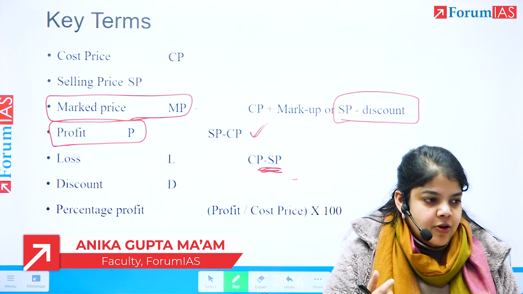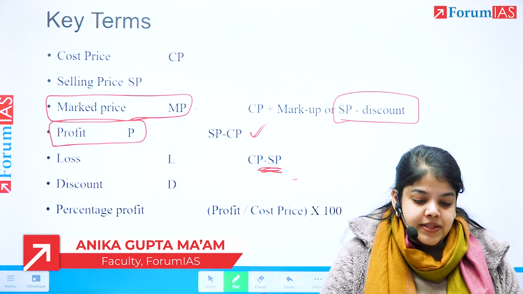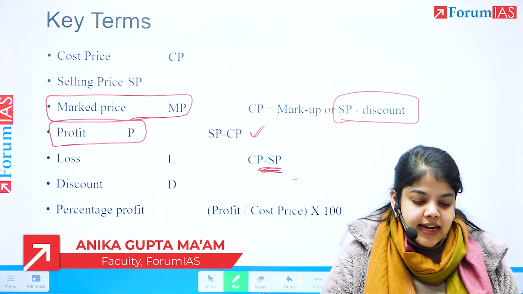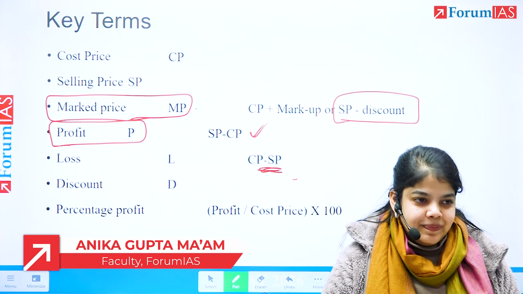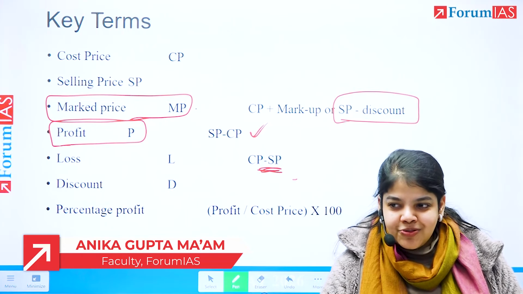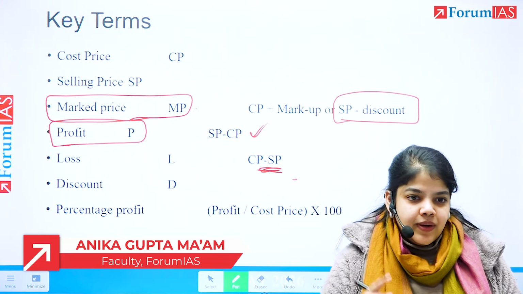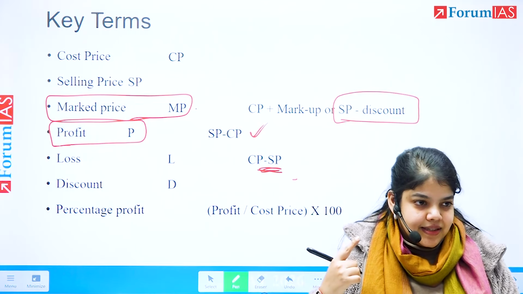Then discount percentage. As I said, sometimes discount percent is on the selling price, you give some discount. You have, or a marked price. You give 10% discount, 20% discount. That will give you your selling price, discount. And we have percentage profit. Percentage is always calculated in terms of the original quantity we discussed yesterday.